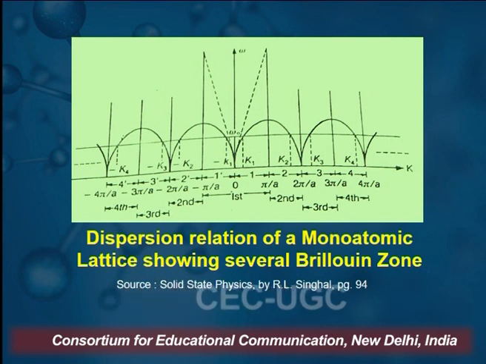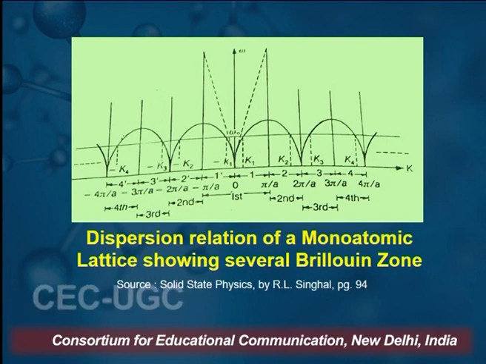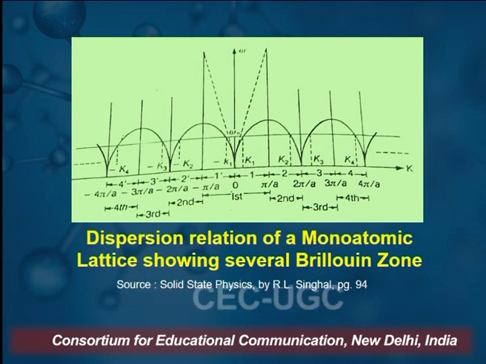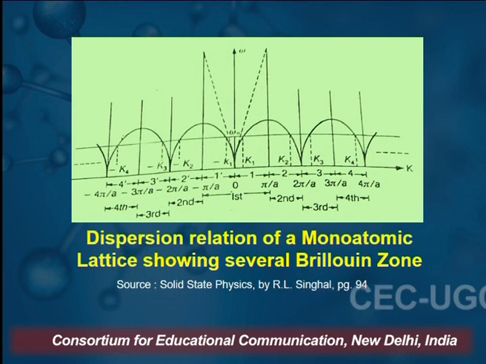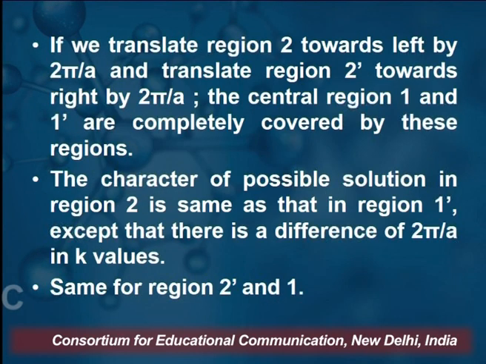This region marked 2, if it is translated by 2 pi, will come to region 1 prime, and on the left it will come to region 1. That means that